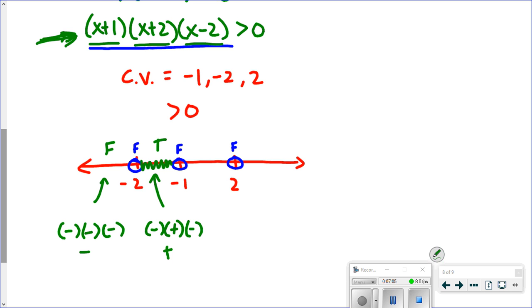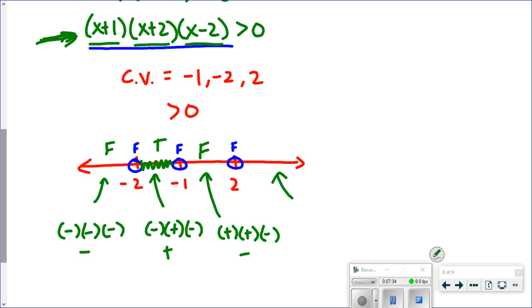Okay, now let's go here. Between -1 and 2, we can use 0. So 0 plus 1, positive. 0 plus 2, positive. 0 minus 2, negative. Positive times negative times positive times negative is negative. So false. And then finally,